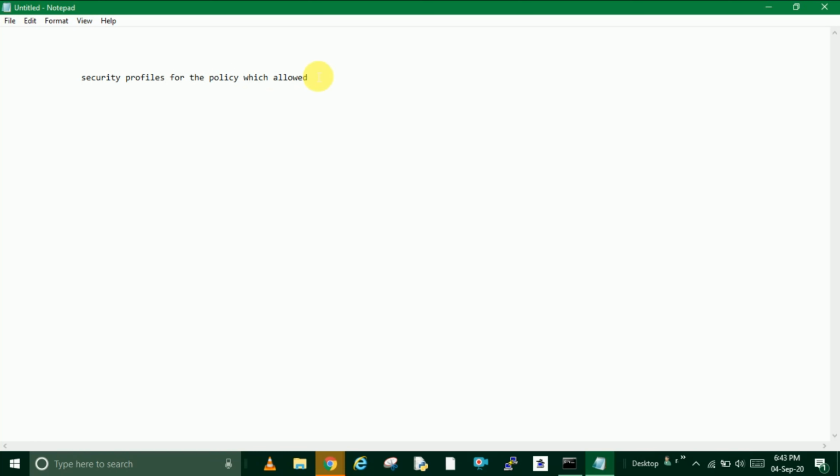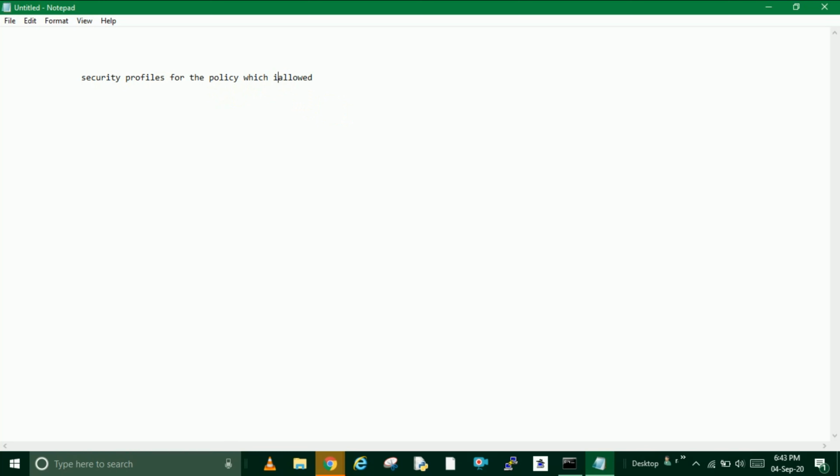I mean the action should be allowed, then we can use the security profiles. So once the policy is allowed, it checks for these security profiles. If the policy is blocked, there is no point of configuring security profiles. So that is the reason we configure security profiles for the policy which is allowed.